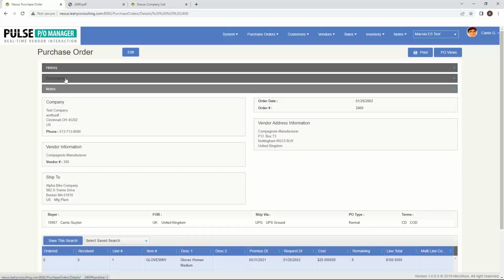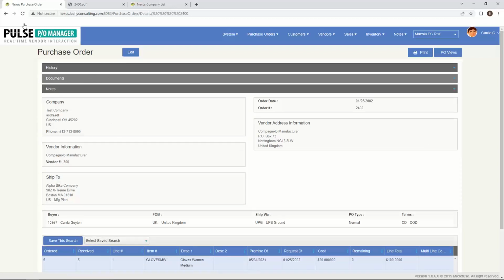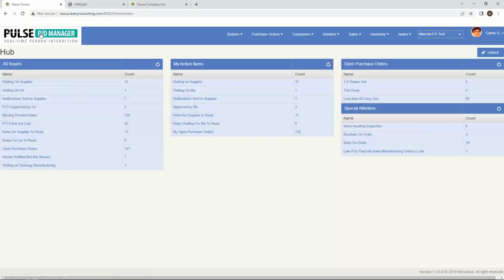Last thing I'll show you is I can attach any document to this. Okay, in this example, it's a spreadsheet, but it could be a diagram, it could be, for some reason, work instructions, anything else that needs to be associated with this can be attached. And again, I'll show you the history of who attached it and when. Okay. All right, at any moment, if I want to come back out to the hub, I'm just clicking on